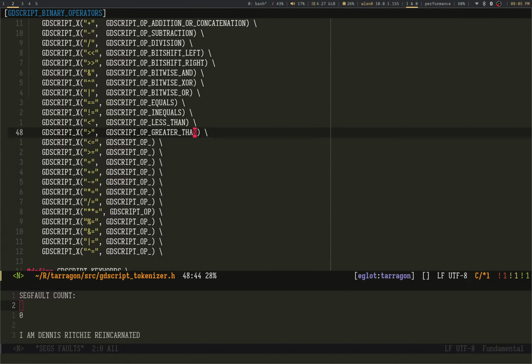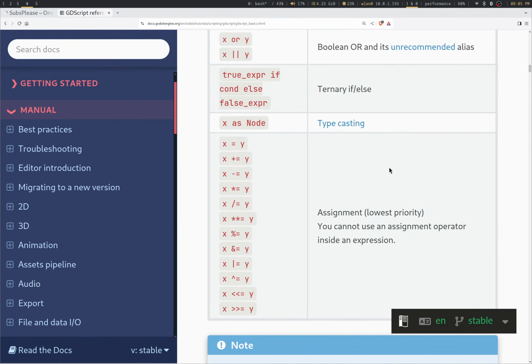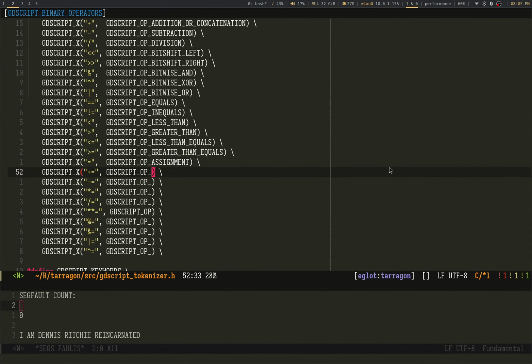Greater than, that's with an A. There we go. Yeah, this is just assignment. Sum assignment.